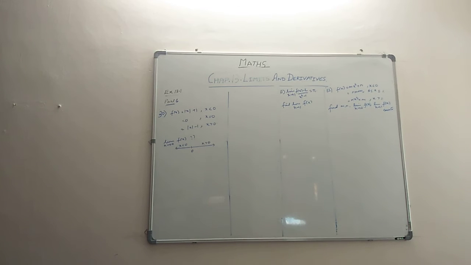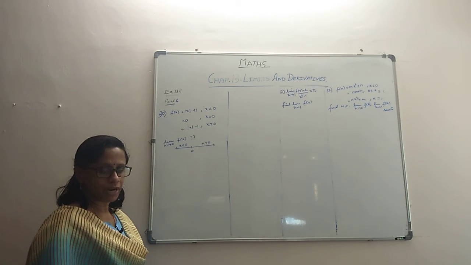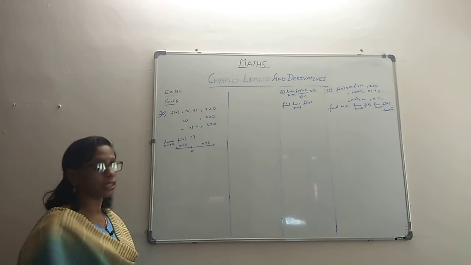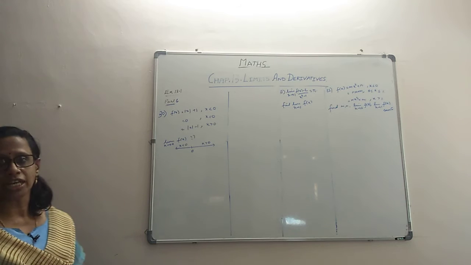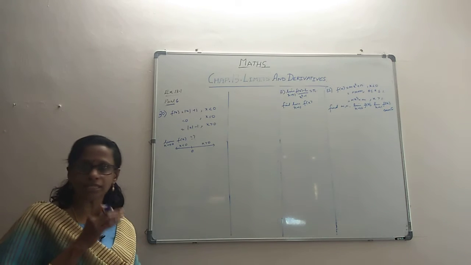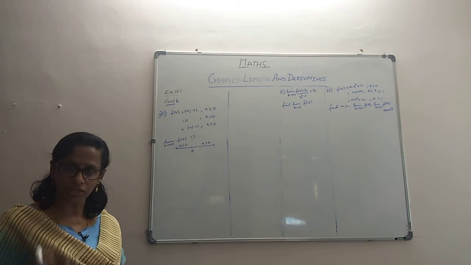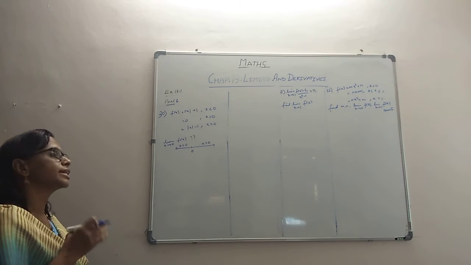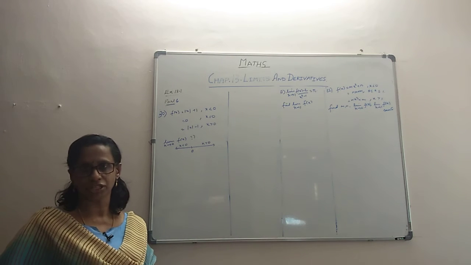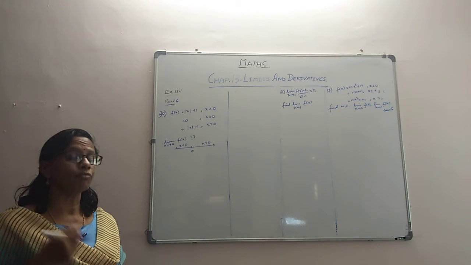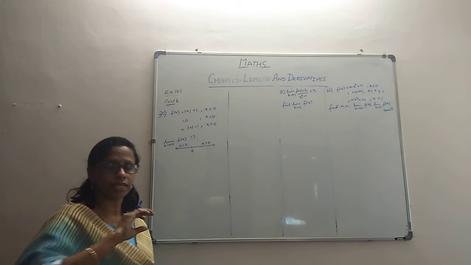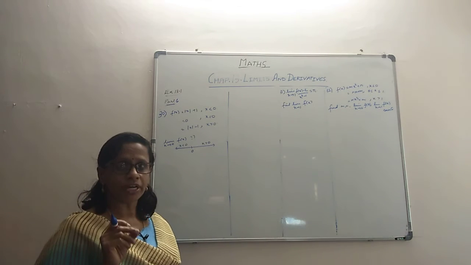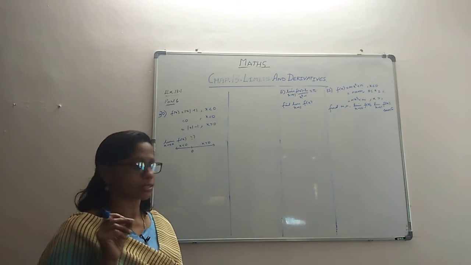Folks, we are taking the part 6 video of this exercise 13.1 and we are starting right away with problem number 30, where they give us a piecewise function. For x less than 0 there is a particular definition, for x greater than 0 there is another definition, and at x equal to 0 it's a different definition. And they ask us to find out where the limit exists on the entire real number line.